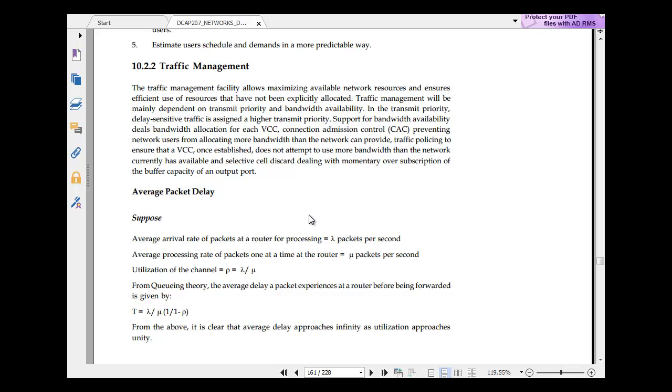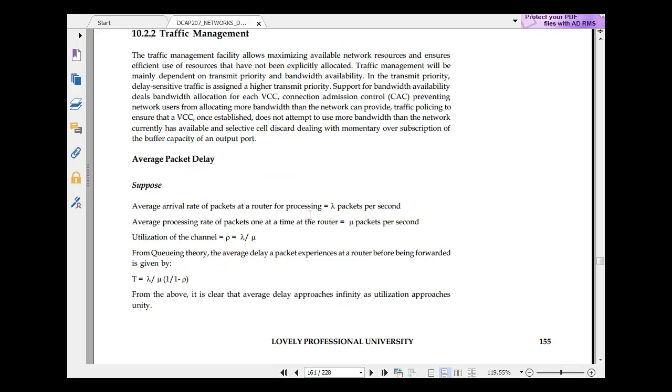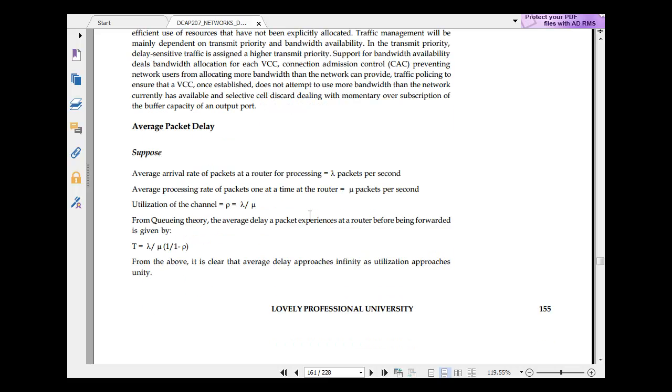Average traffic delay. Suppose the traffic arrival rate is lambda per second and the average processing rate is mu. Then the utilization of the channel is lambda upon mu. From queueing theory, the expected delay for a packet being forwarded is 1 upon (mu minus lambda). From this it is clear that the average delay